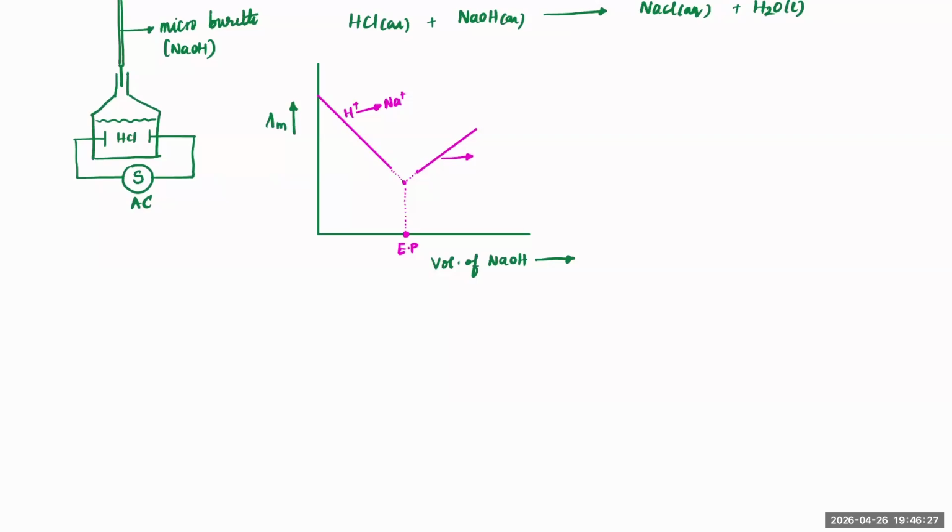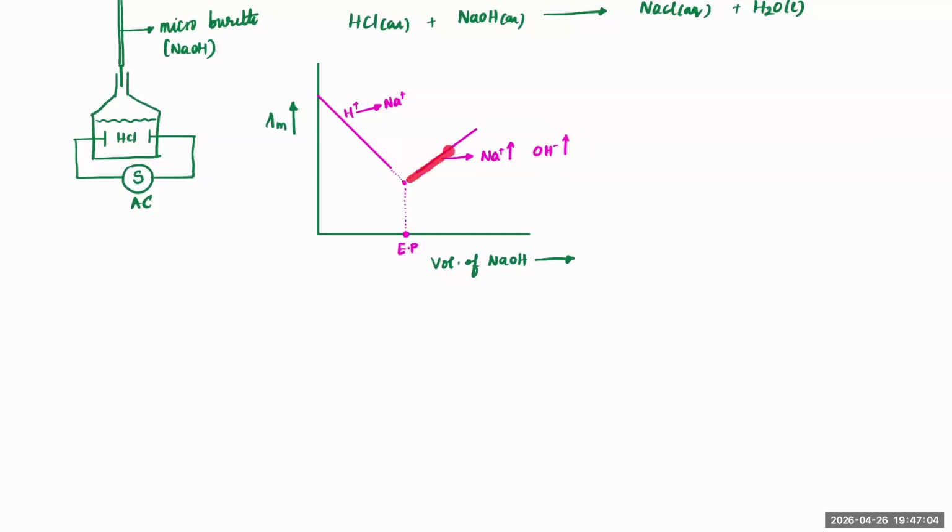Because after the titration is done, Na plus comes in. Then, after the equivalence point has been reached, if you keep doing further titration, the Na plus ion concentration is also increasing, and the OH minus concentration is also increasing. Because of the increase in the number of ions as well as the OH minus concentration, again the conductance